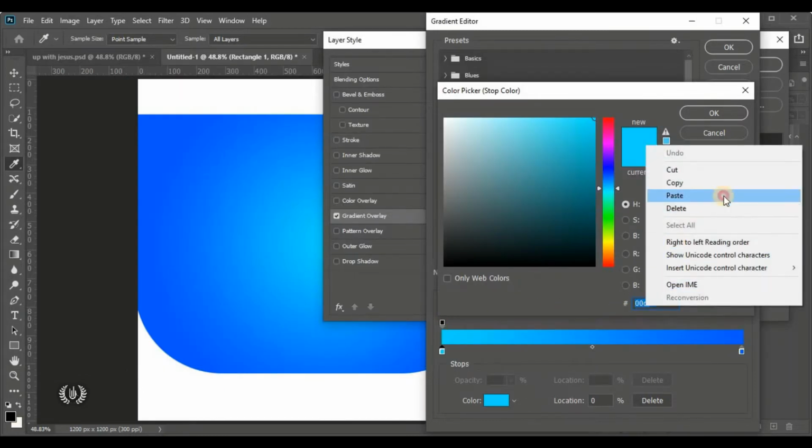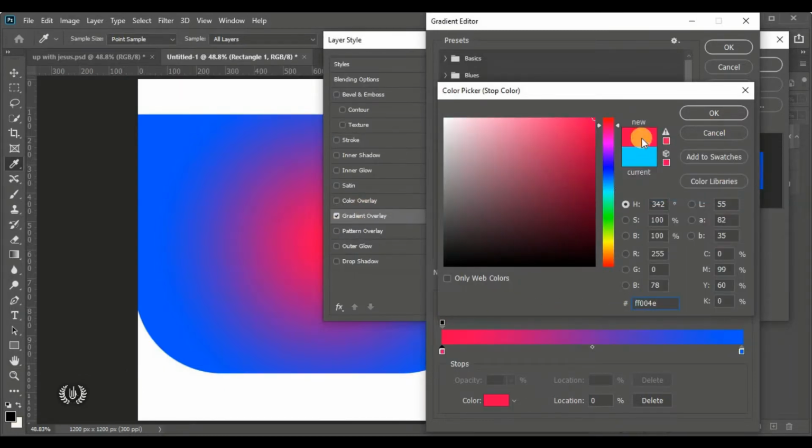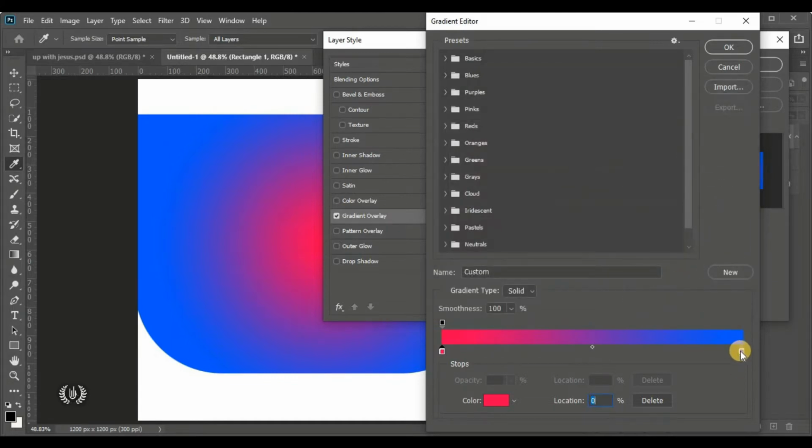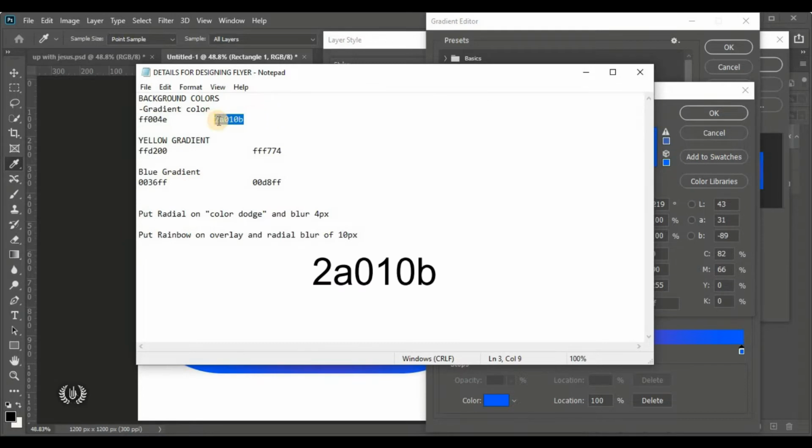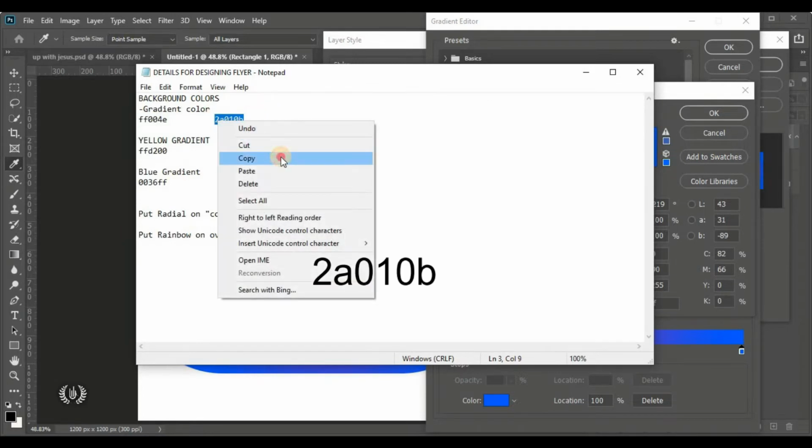So this is it. I'm going to paste it right here. So this is the color fill on the page, and I'm going to hit OK. I'll take the next slider, which is the right slider. I'll click inside the color and just go into the details and copy the next color code right at the next side of the